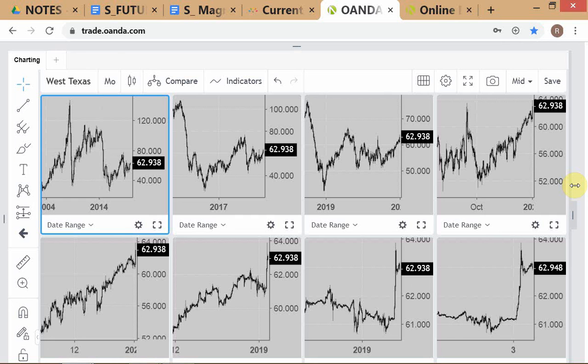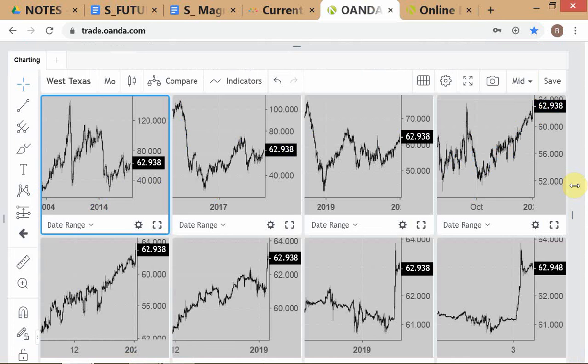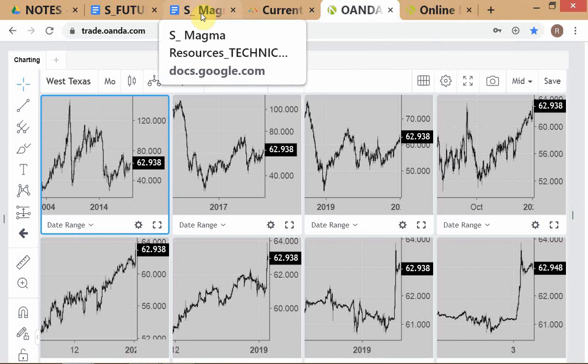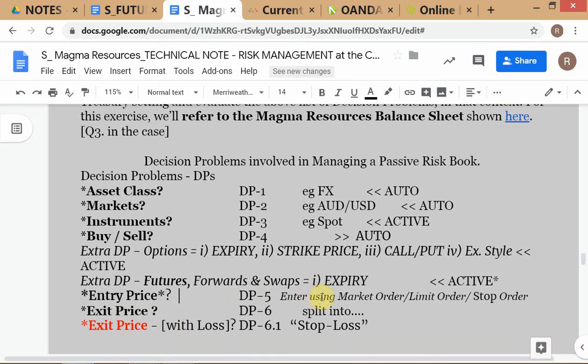In this case, you're still solving the decision problem. Let me just go back to that listing here. The entry price decision problem is still being actively solved, even for somebody who says that I'm only going to use market orders. You can even build it into your risk management policy that once you decide that you have to buy or sell, which is very clear from the underlying positions,